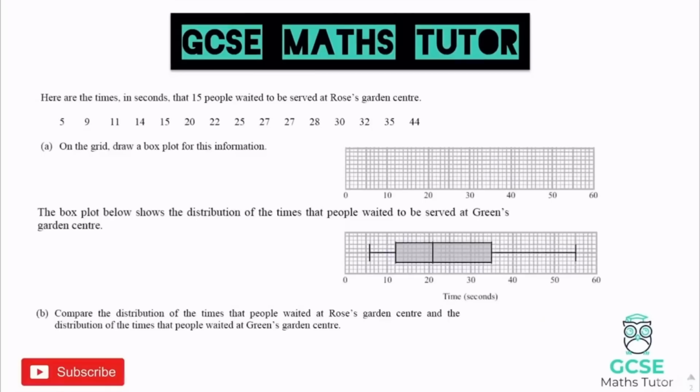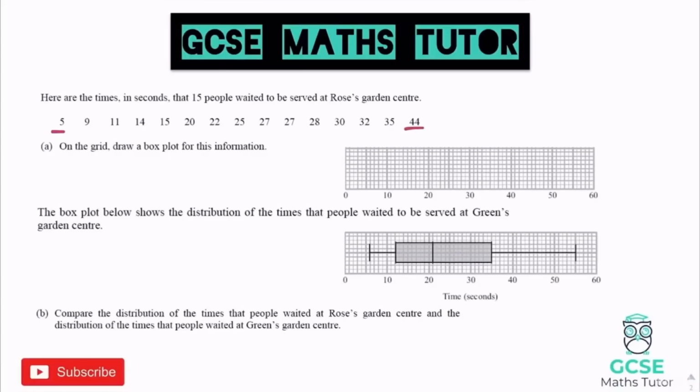So in this question here, we've not actually been given the lowest, highest and median, etc. We have been given a list of the 15 people waiting to be served at a garden centre here and the time in seconds that they spend. So fortunately it's been put in size order, but we're actually going to have to find the values ourselves. So it's not too bad. We've got the lowest one there, 5, and the highest 44. Obviously we'd have to rearrange this ourselves if it wasn't put on there,